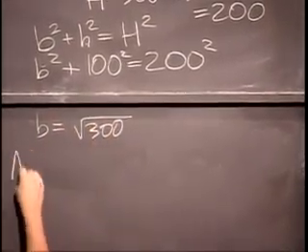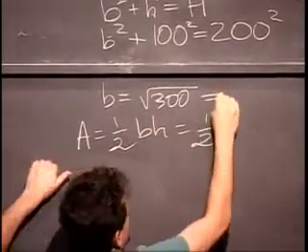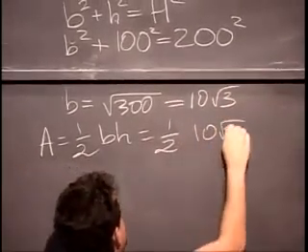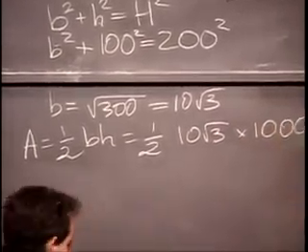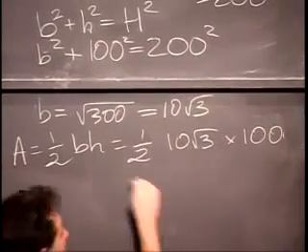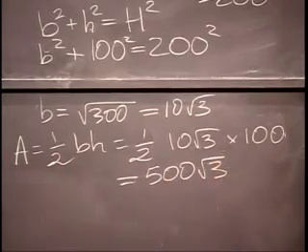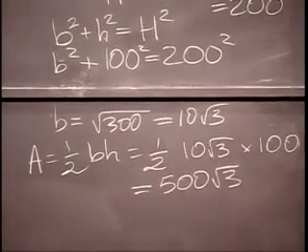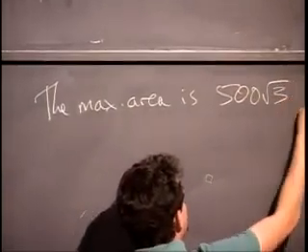And so the area is a half b h, which is a half. Root 300 is 10 root 3, of course. So it's a half times 10 root 3 times h, which was 100. Oh, I wrote 1,000. Said 100. So we just substitute in all of these things, and we end up with 500 root 3. Are we done? More or less. Let's just write it up in a summary. The maximum area is 500 root 3 square feet